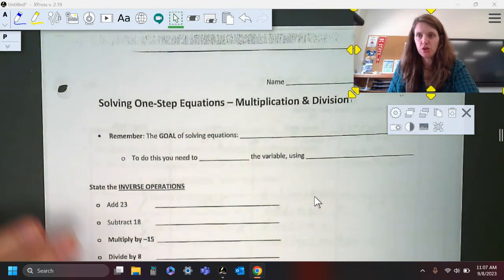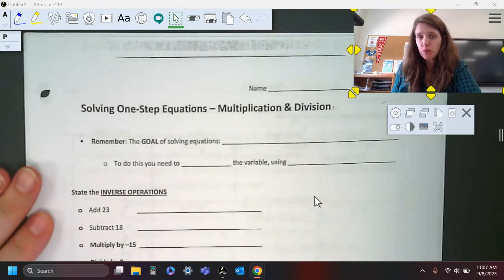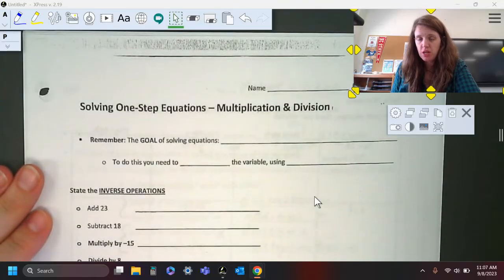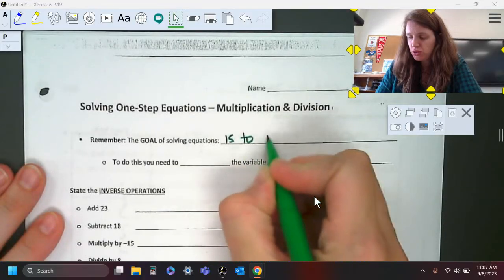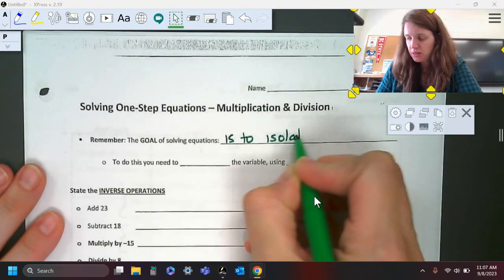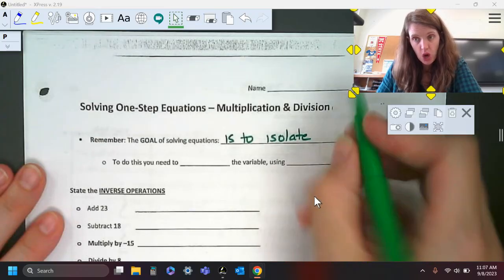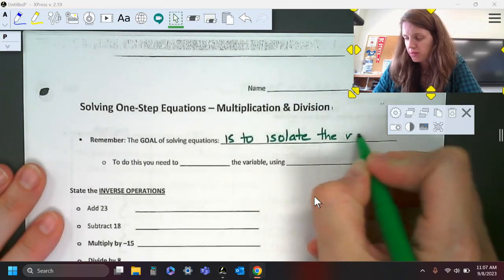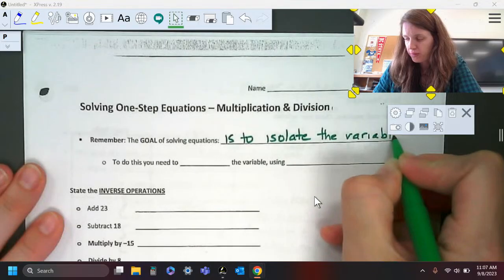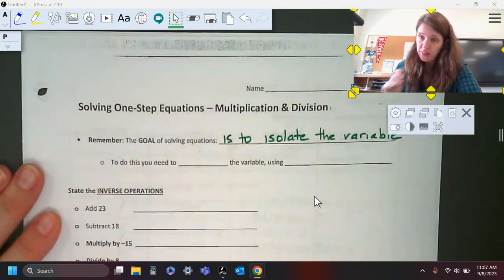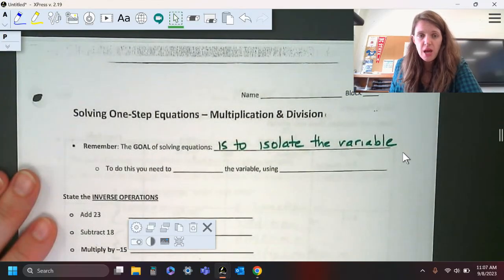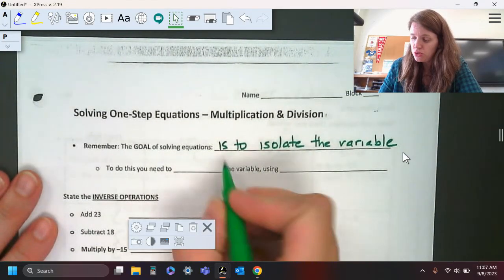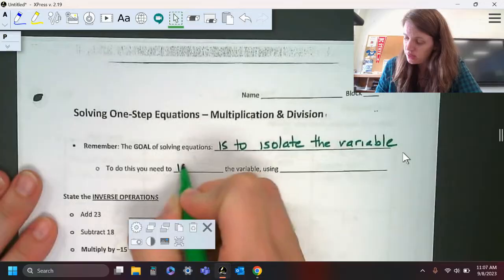All right, guys, so second part, solving one-step equations with multiplication and division. So remember that the goal of solving equations is to isolate, or get alone, the variable. Okay, so we're trying to get the variable all by itself. So click off this so that yellow thing goes away. To do this, you need to isolate the variable